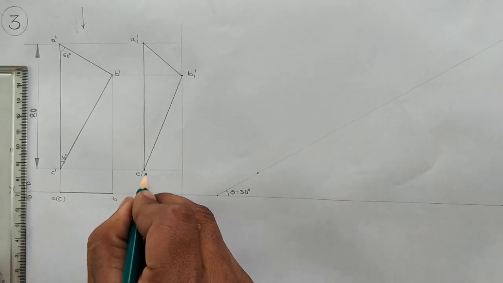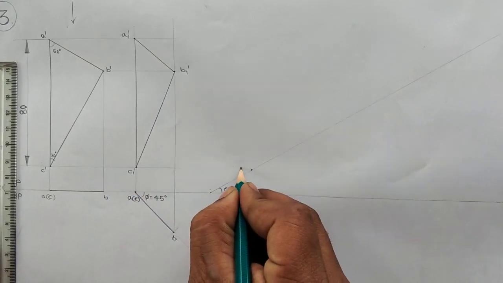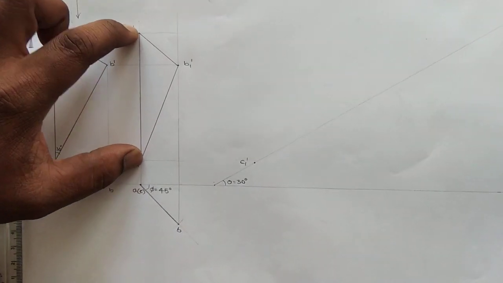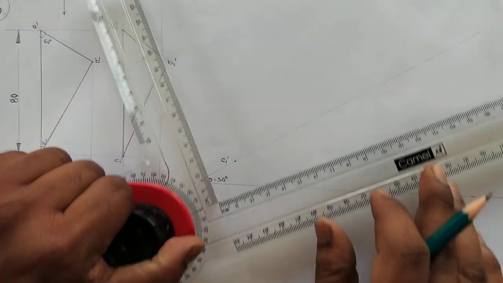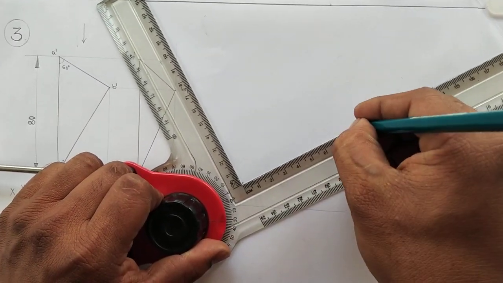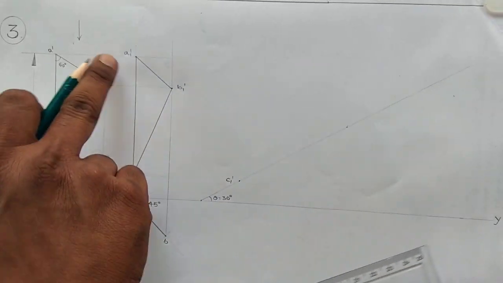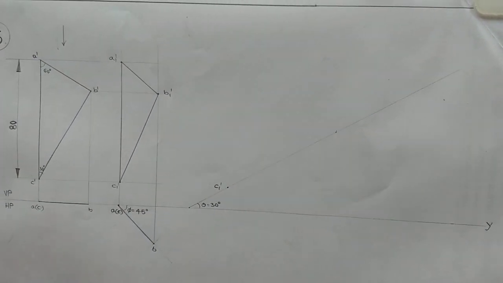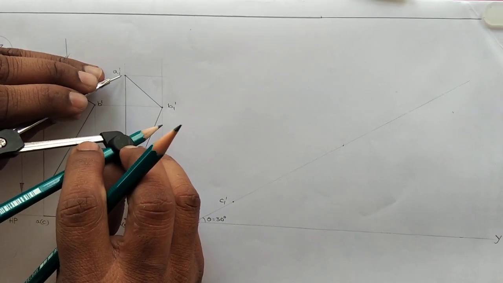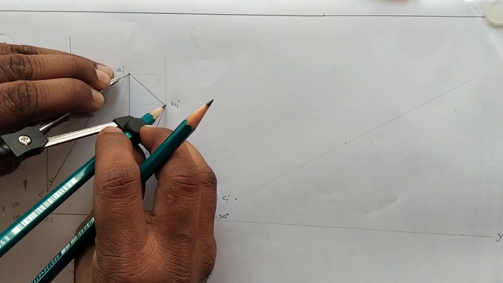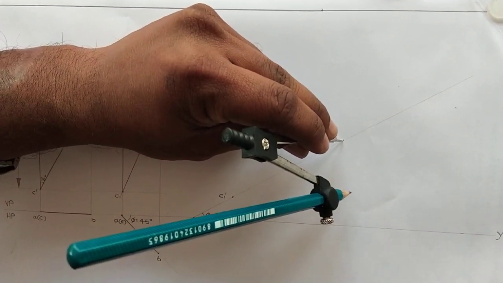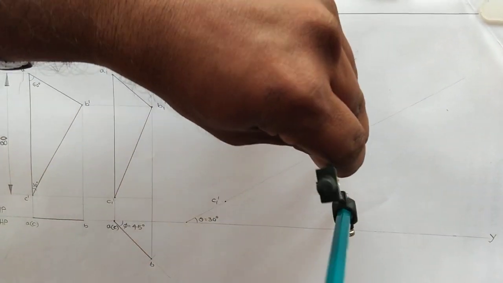Then we can mark this bottom end. So here that is C1 dash, bottom end. And next we can take this dimension, that is 80, we know about it. So directly we can mark this particular point with the help of a scale. So that is 80. So here we got this A1 dash. And next, for the purpose of B1 dash, we can take the A to B dimension as radius. And here this is our point A. So we can construct an arc here.